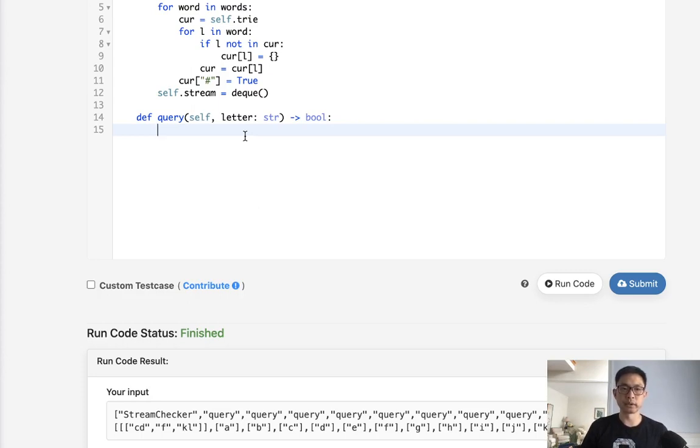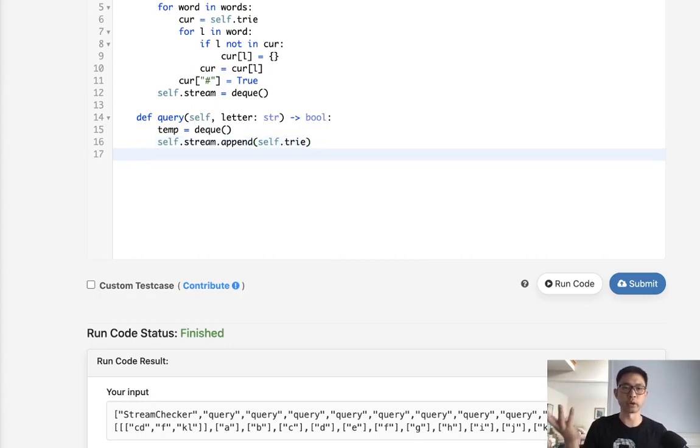All right, so what I'm going to do is initiate a temp queue, and I'm going to add to our stream also the root of the tree. And the reason for that is we might start over our whole path. There may not be any more paths for this next letter, so we have to check at the root as well. So for each, let's call it P, in self.stream,